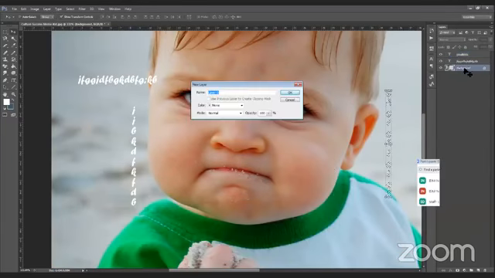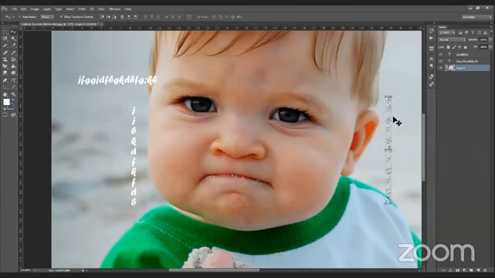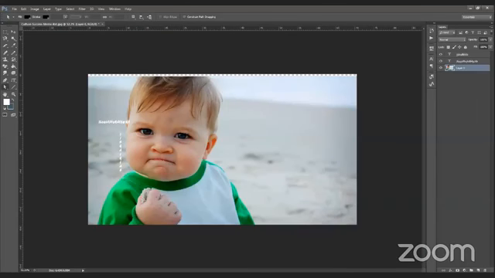Okay. This is the path selection or the direct selection, doesn't matter. Same as the move tool. So if you have two or three images, in this tool you can